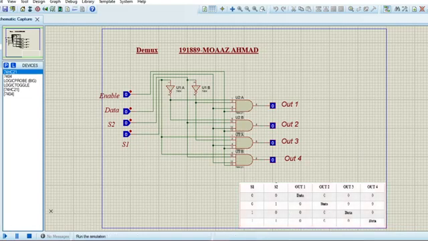Now if I run the simulation, we can see here that if I change the value of data to 1, all of the outputs are still 0. But if I change select S2 to 1,